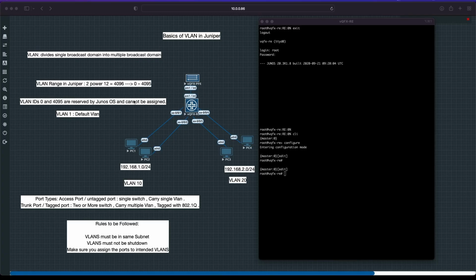So the VLAN range, as you know, the VLAN ID will be 2 to the power 12, which will be 4096 VLANs that can be created, counting from 0 to 4095. So the first VLAN ID is reserved and the last one is also reserved, which cannot be used. To verify that, we'll go ahead and try to configure a VLAN